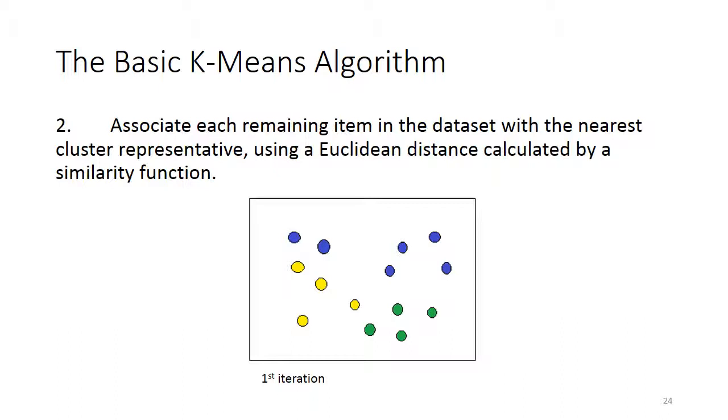We can see here after the first iteration that all points have been assigned to a cluster. And we can see that not all clusters appear as though they should. Some of these blue points might belong better to this yellow cluster. But